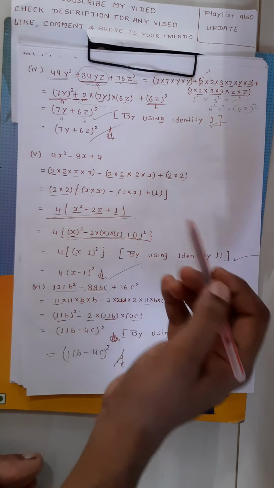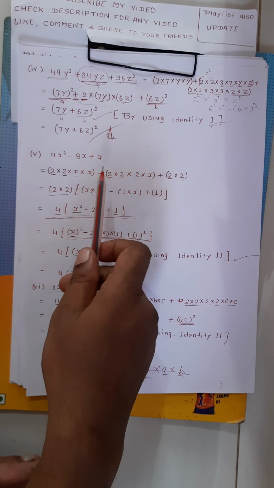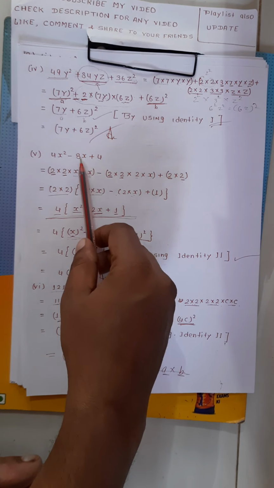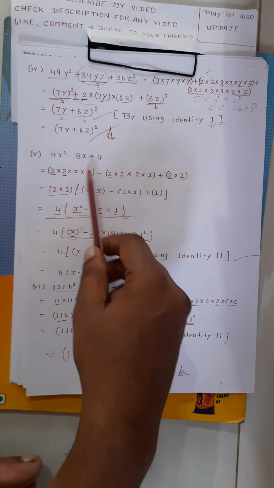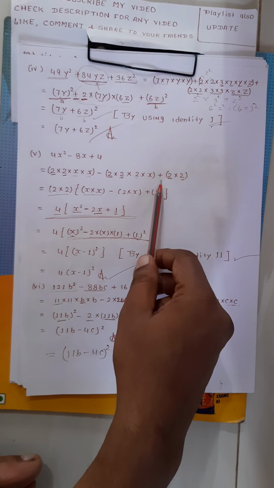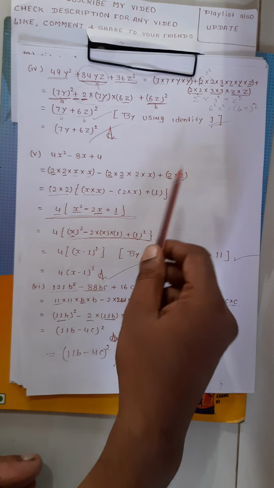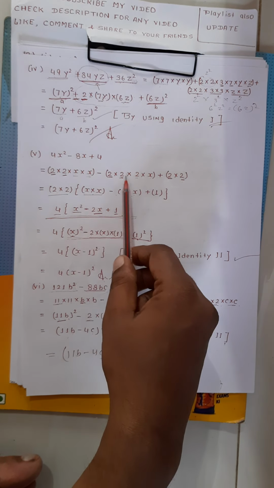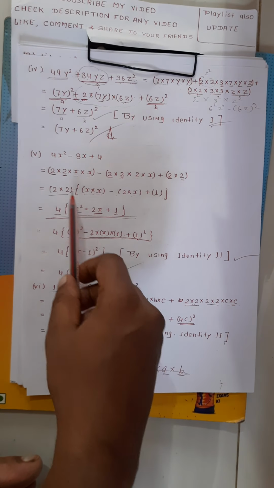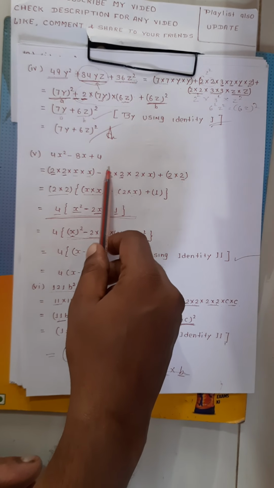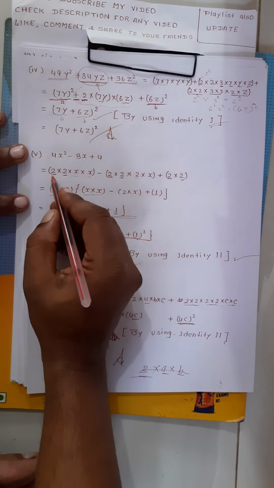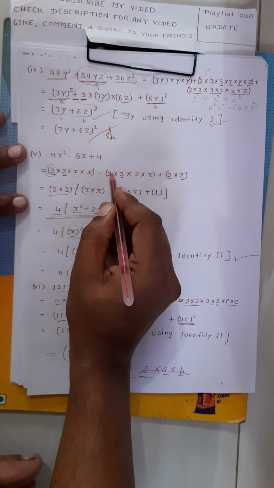In this question also, first we factorize each term, so our value becomes 2 into x into x. For the 8y, the minus sign will remain in its usual place, and the plus sign will be in its own place. For the 8x, our value will be 2 into x, and for 4 our value will be 2 into 2. Now we will check for common factor. From all these terms we can take out 2.